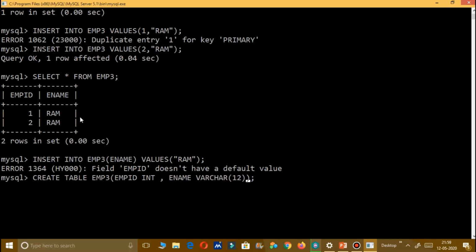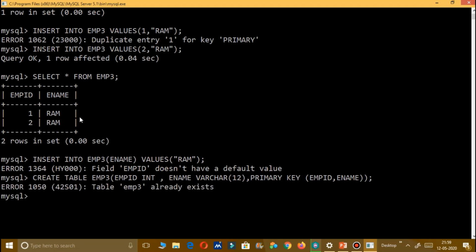For that you need to put a comma here and primary key. Together we will combine emp id comma ename. Fine. One more bracket is to be added.